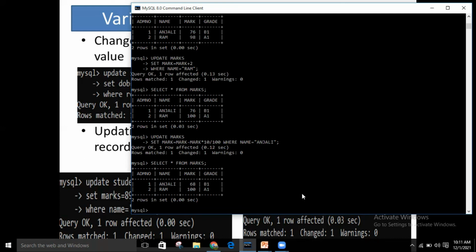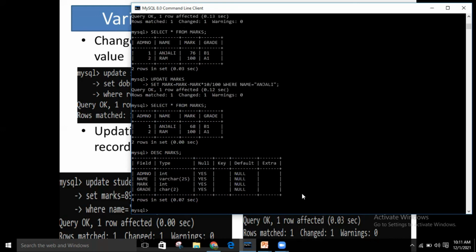Right? One more thing is left. We have already studied primary key. And if I want to put a primary key on a particular column, suppose this is my marks table and I want to make admission number the primary key. Here you want to change the structure, so again you have to use the alter table command. I can add constraints also here.